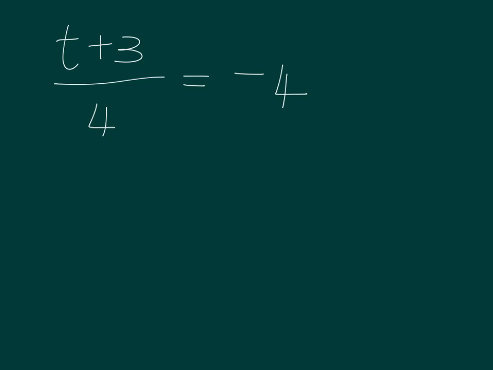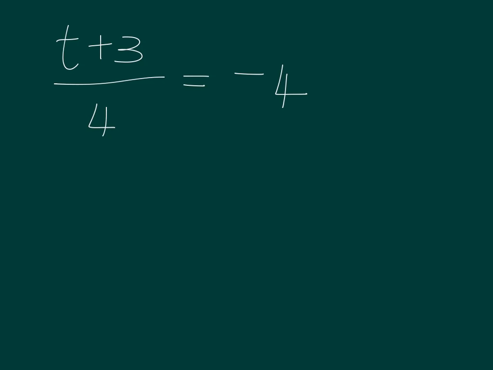Now, you know that everything you have to do, you have to undo. At the end, you want to say T is equal to an answer. So we know we've got to get T on his own, okay? And if we cross over the equals line, we have to do the opposite. So let's first of all start off with the